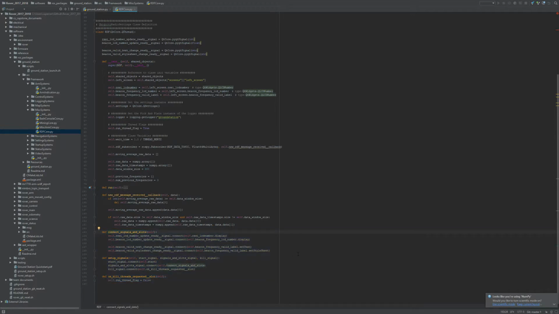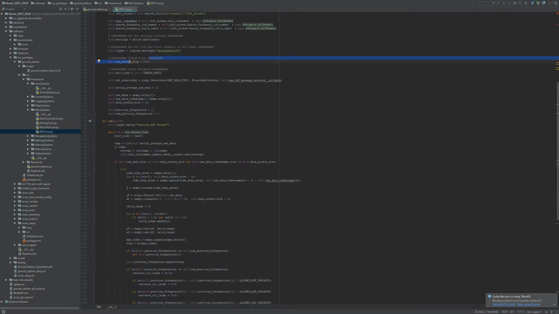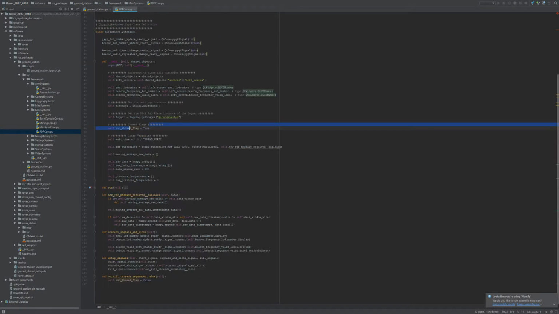You're going to edit signals and slots all the time, but setup signals and OnKill threads should never be touched. What is here should stay the same. Don't touch it, don't mess with it. Keep this function name the same, and everything will be fine. This run thread flag you need to have, and then in run, it needs to say while the thread is running and do everything that you want to do work-wise inside of there. If you keep those things that way,